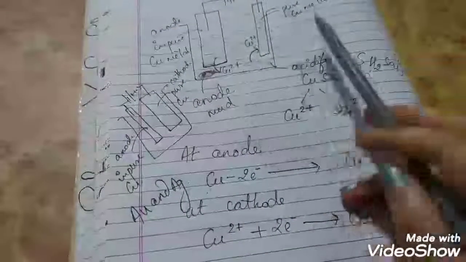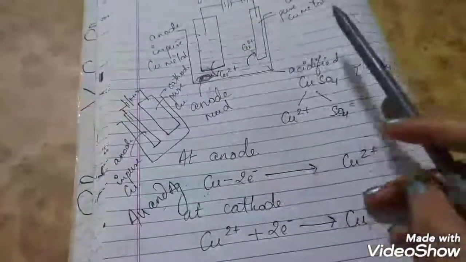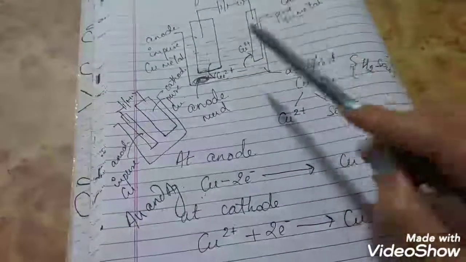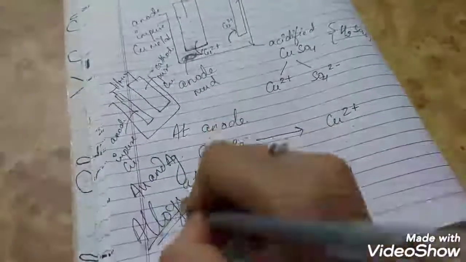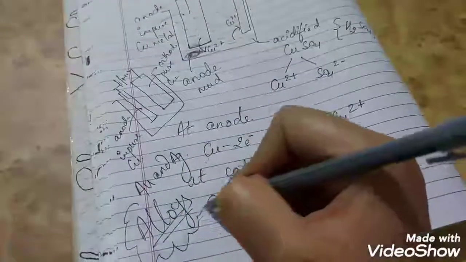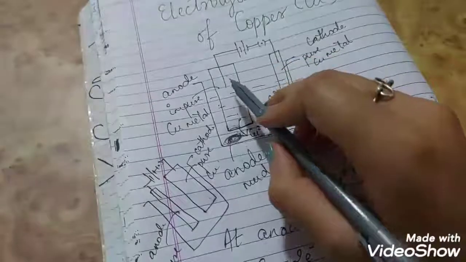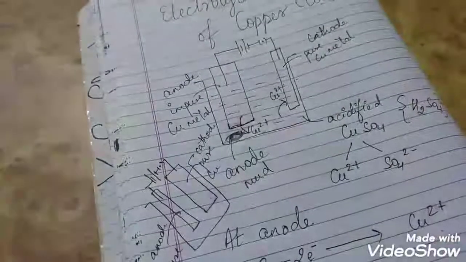So children, it was all about the electrolytic refining of copper and the importance of refining of metals to purify them. Now in the next video lesson, we will study about alloys. Alloys, this is also a very important topic, and many questions are formed by this topic. And this is super important. Many times this has appeared in exams. So please go through this very thoroughly.